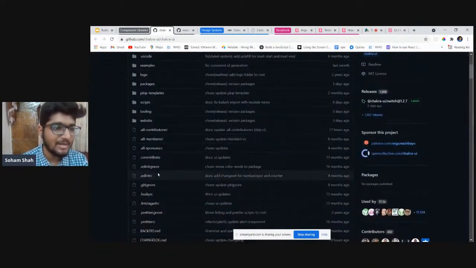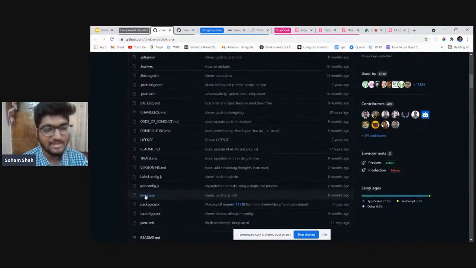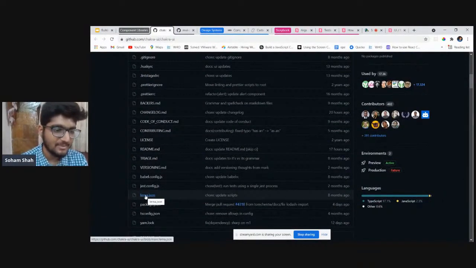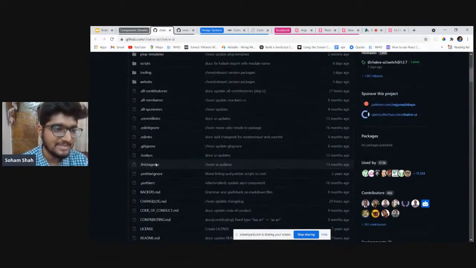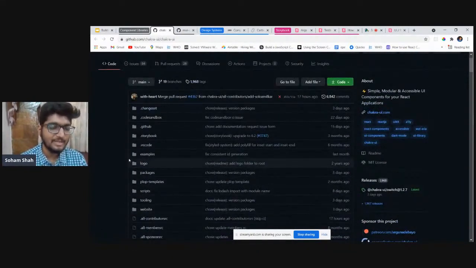And see, now again you can see the code structure. You can understand that since we have packages, there should be a Lerna. So yeah, we have Lerna, but definitely explore this. I find this pretty amazing. And yeah, so what we are essentially doing is, this is Yarn workspaces.